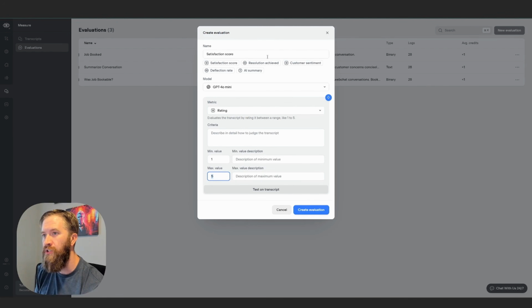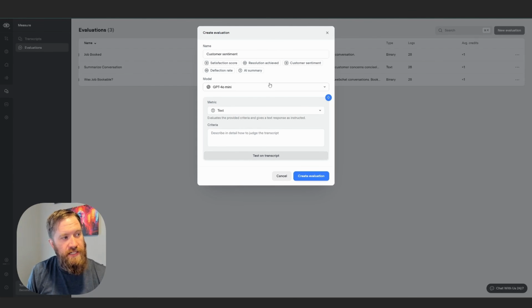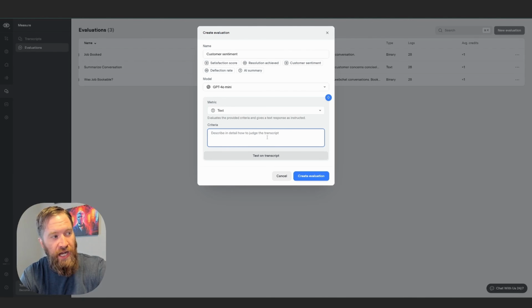But I want to do text again. I want a customer sentiment, but I want positive, negative, and neutral, right? Because sometimes the LLM doesn't do the best job of scoring this numerically. So I just want to give it an idea and see what happens basically.